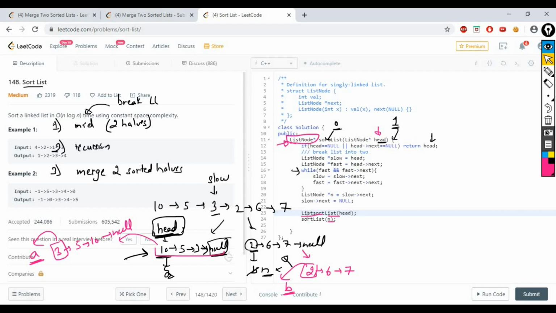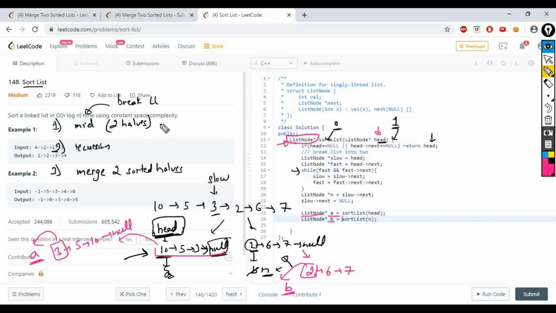Right now we are performing step number 2, calling recursion. So list node star A is my first list and B is my second list. Now our recursion part is complete.